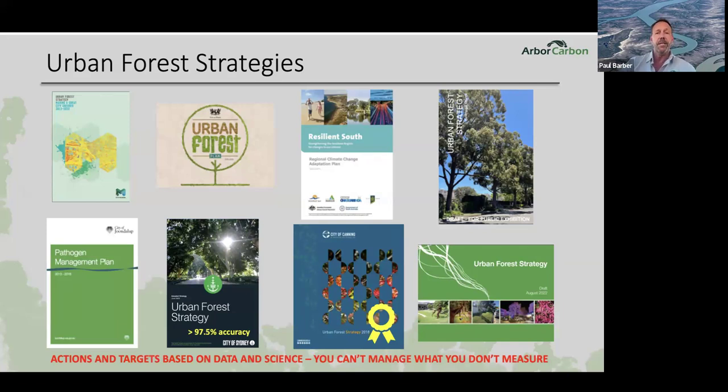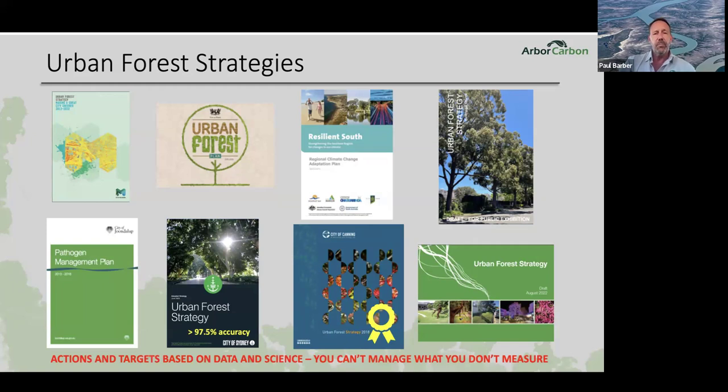And so we really became passionate about using our data, providing that to our clients. So for example, you see the City of Sydney and Melbourne, where our data consistently goes in every couple of years to help them measure. And even the City of Melbourne has targets around keeping or maintaining 90% of their trees as healthy. So our question to them would be, what is healthy and how do you measure that? So we provide measures of health derived from the airborne ArborCarbon data. So it's repeatable and quantified.